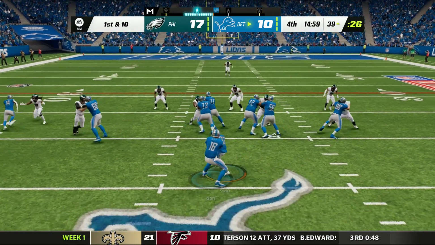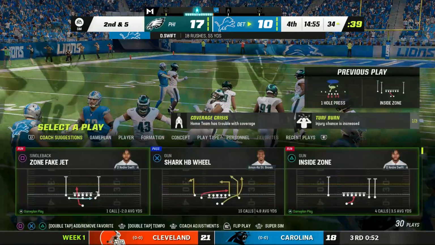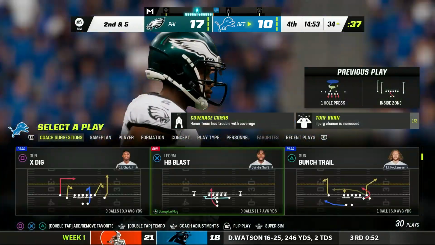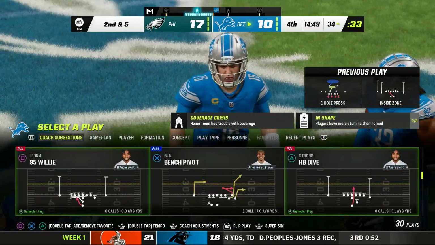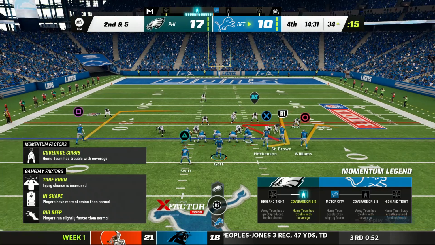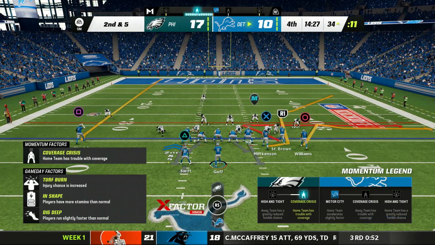Now we catch up right at the start of the 4th quarter as we are moving, still trailing 17-10. Swift takes a handoff right up the middle. He picks up 5 yards. Started to get some space. He's got 55 yards now on 18 carries. Not the greatest average, but he started to find some little gaps right there. So 2nd and 5 now